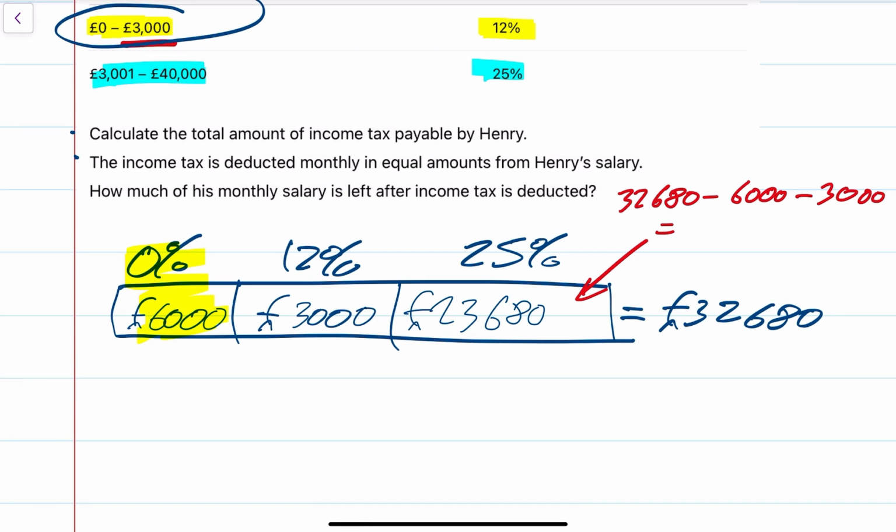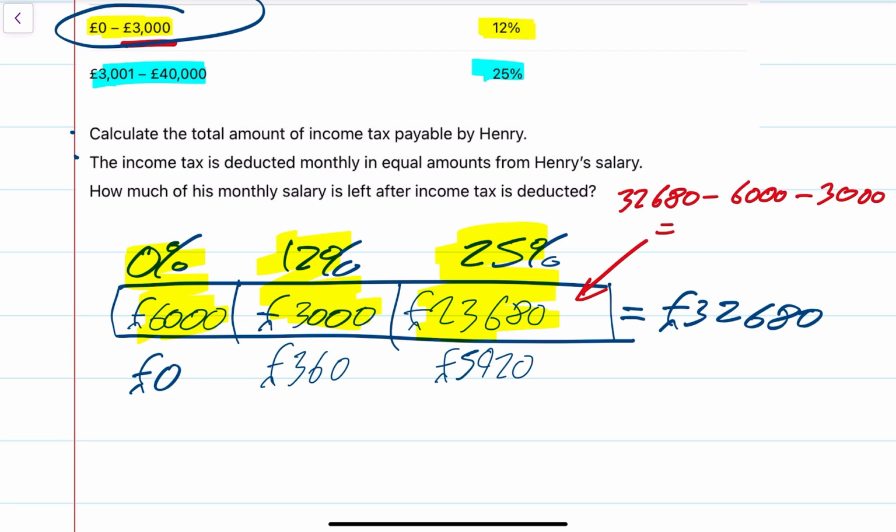0% of 6,000, which is just going to be £0. 12% of 3,000 we're on to now, so 12% of 3,000, and if you do that, that's 0.12 times 3,000. And I've done that, and it's worked out to be £360. And the last bit, 25% of this, so that's 0.25 times 23,680, which works out to be